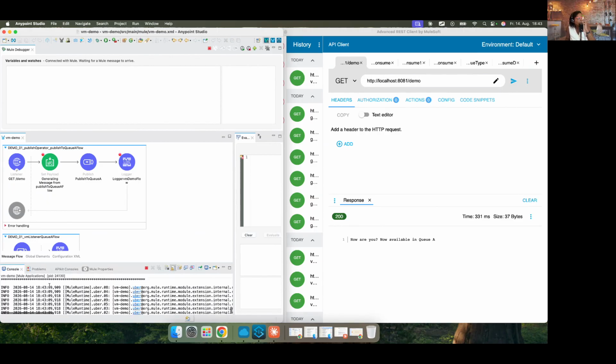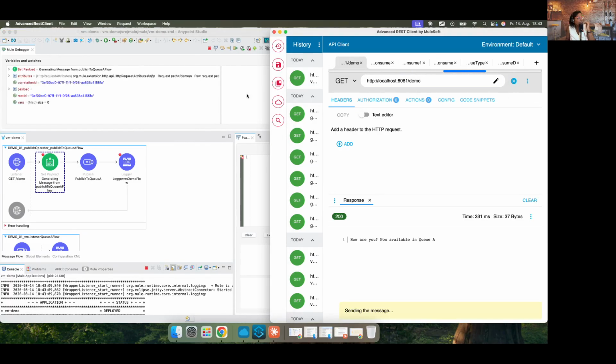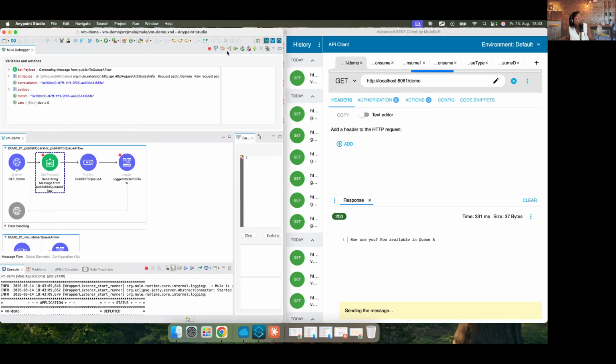This is the case. Yes, a status deployed. Let us send the request, and we reach the set payload transformer. So let me go to next component in the debugger. We reach the publish to QA operator, publish operator, and I will just click on next.